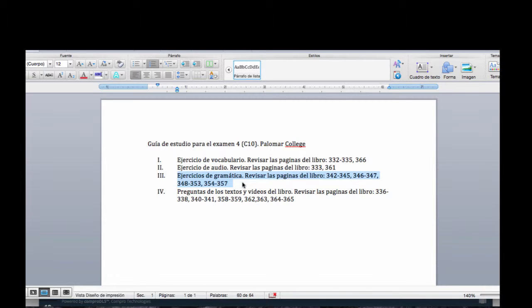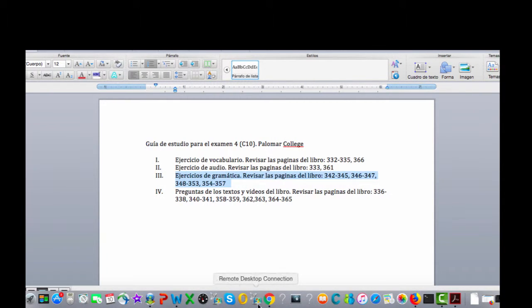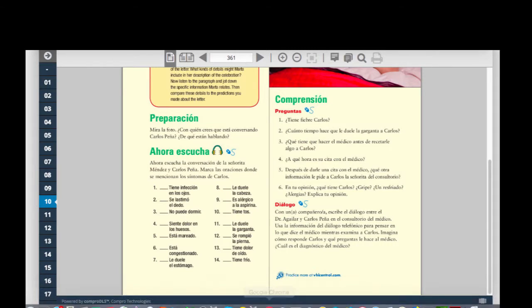The grammar exercises in this chapter are quite important because in this chapter you're going to study the uses of the preterite and imperfect, and those will be worked on in this exam number 4, but also in your composition, and future classes of Spanish will review these again and again. So this is an important section of this class. If we go to the book to review those sections,